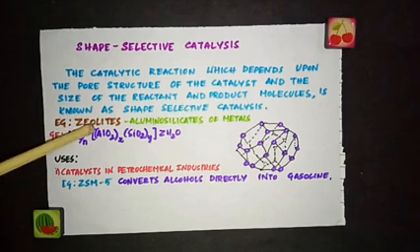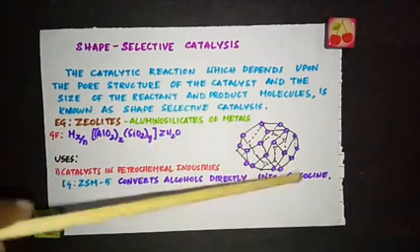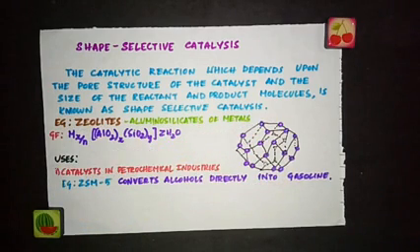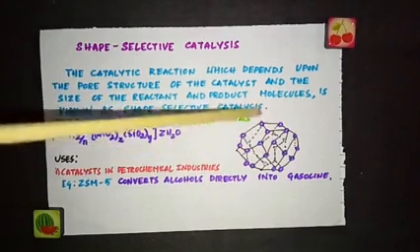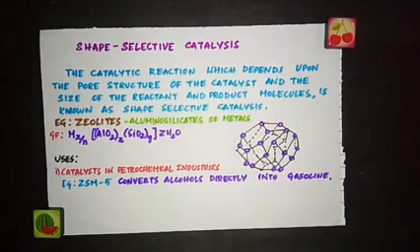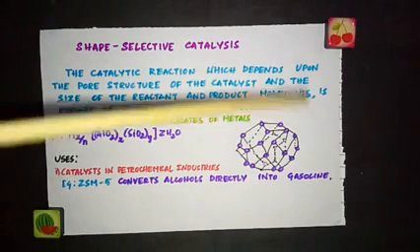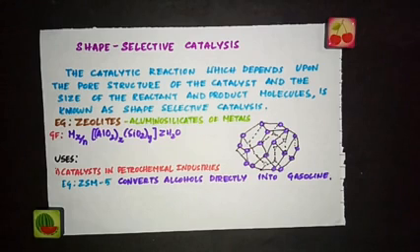These zeolites have a cage-like structure like this, and they are called a honeycomb-like structure, which has pores, which means small holes are present in these zeolites. And the size of these pores varies from 200 picometer to 740 picometer. You should note one thing, only a reactant molecule of a particular size and shape can enter these pores. Not all the reactant molecules can fit into these pores. If the reactant molecules are of bigger size, they will not enter or get accommodated into these pores.